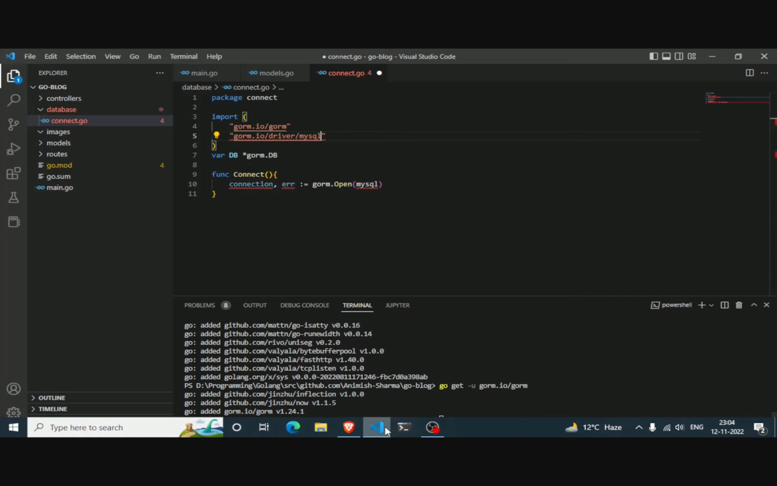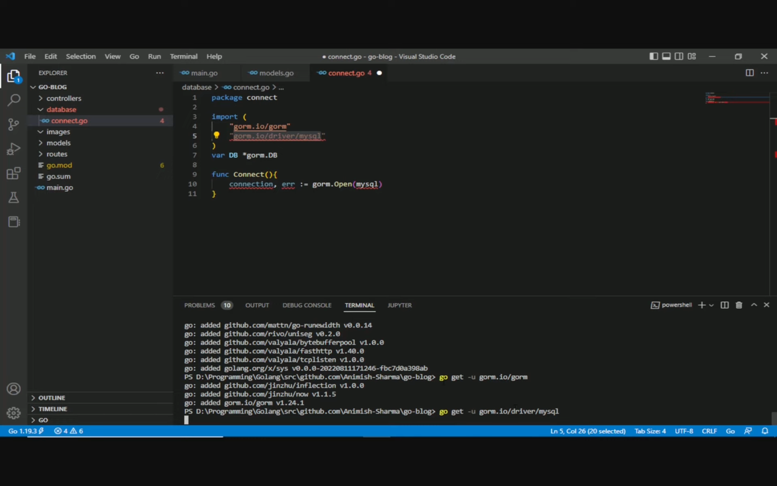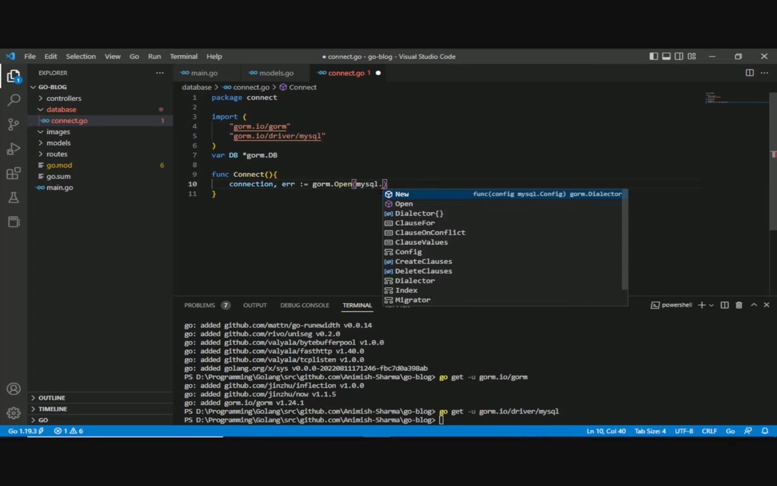Let's just get this package from VS Code. If you don't know what to do, just use go get -u and then this thing right here, gorm.io/driver/mysql, and it will automatically get it for you. So mysql.Open